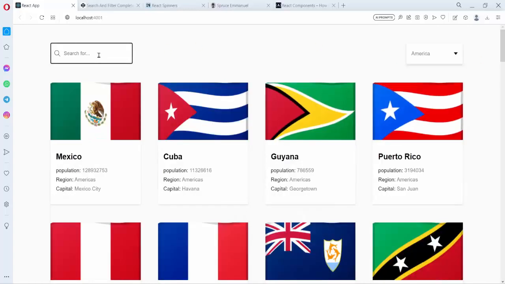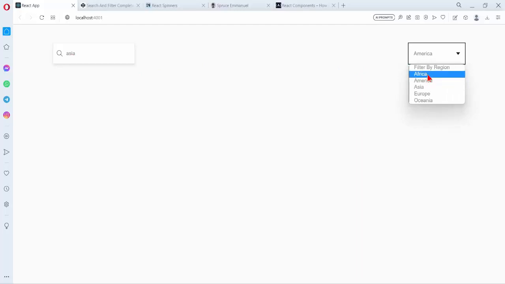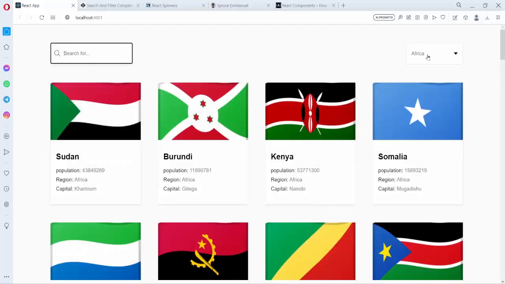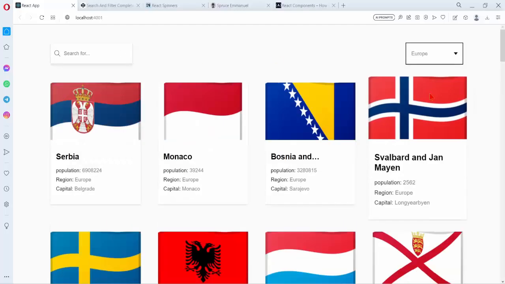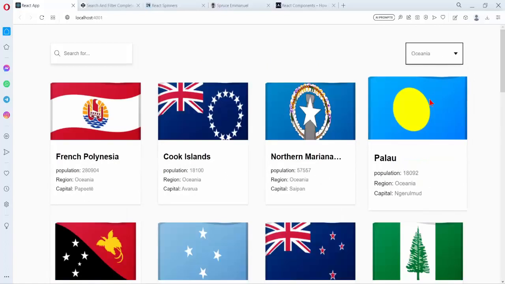So the thing is, you have to clear that if you want to use it. So let's say, for example, I chose Asia, so I got a filter here active, right? So if I go here and choose Africa, it will not work. So you have to clear this filter. That's why the cross sign is there. So you clear it, and then you can choose the drop down. Europe, Oceania,